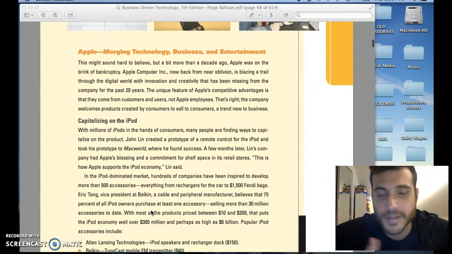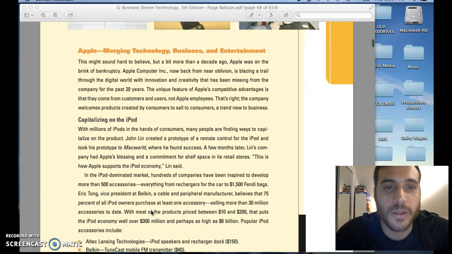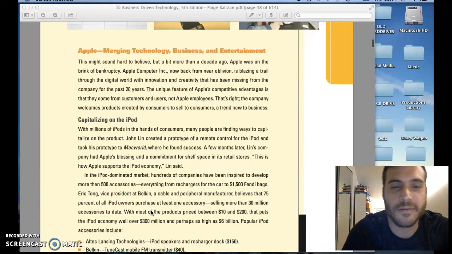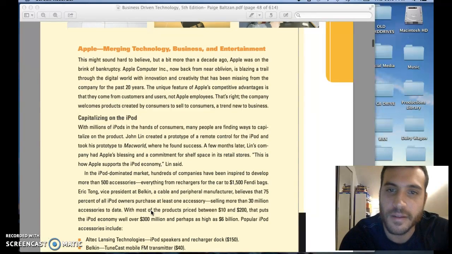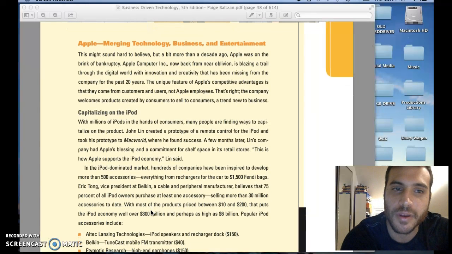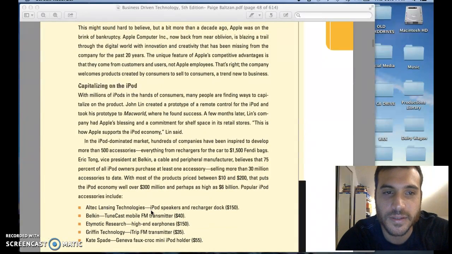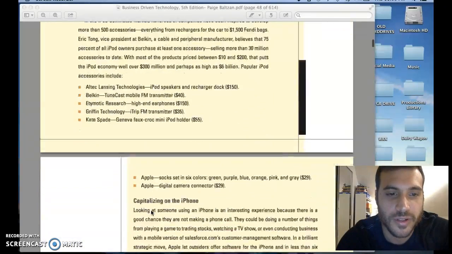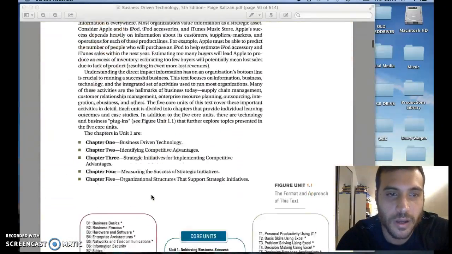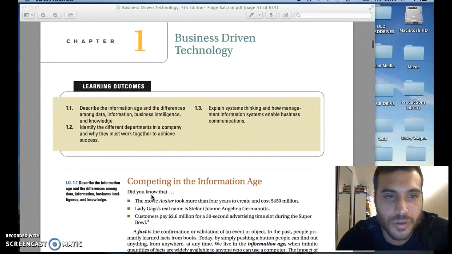This is a company that a lot of people look up to because they've innovated a lot of things. The way the company operates is very unique. It's obviously one of the most successful companies in the world right now. So there's a lot we can learn from Apple. So, moving on,